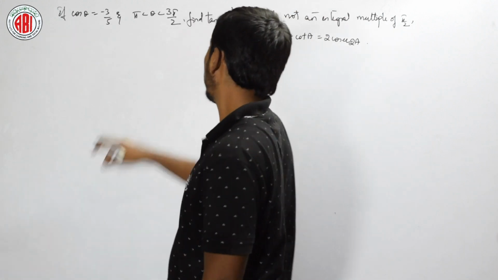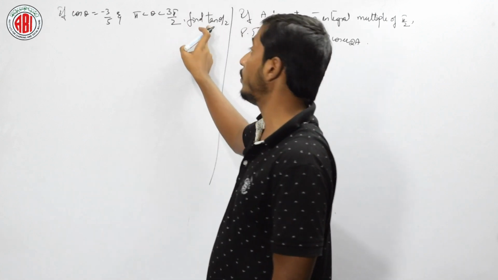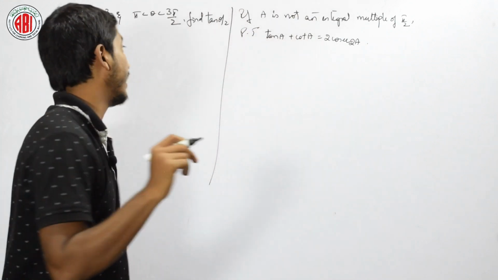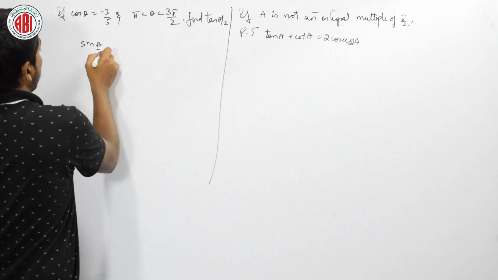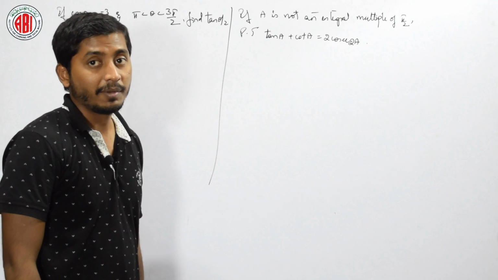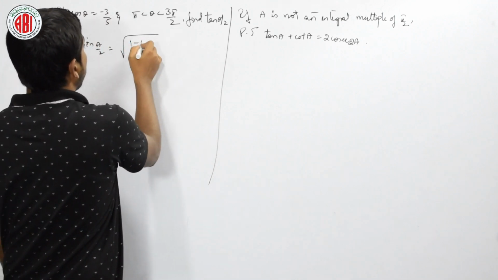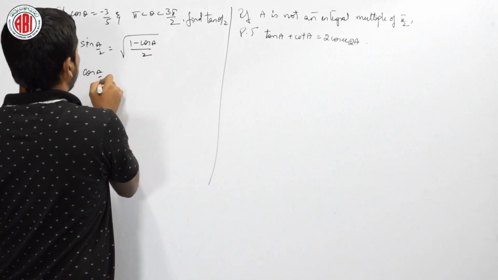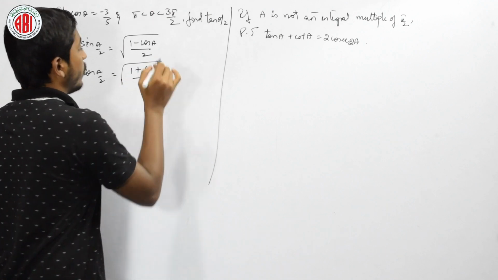Then what about the value of tan? For that we have to find the value of sin theta by 2 and cos theta by 2, right. At last we have written one formula there. What is sin a by 2? Hope you can remember, in terms of cos. What is sin a by 2? Did you remember? That is under root 1 minus cos a by 2. What is cos a by 2? Under root 1 plus cos a by 2.